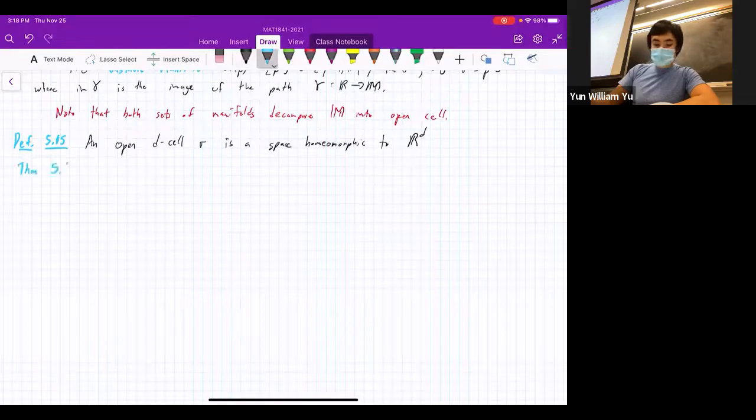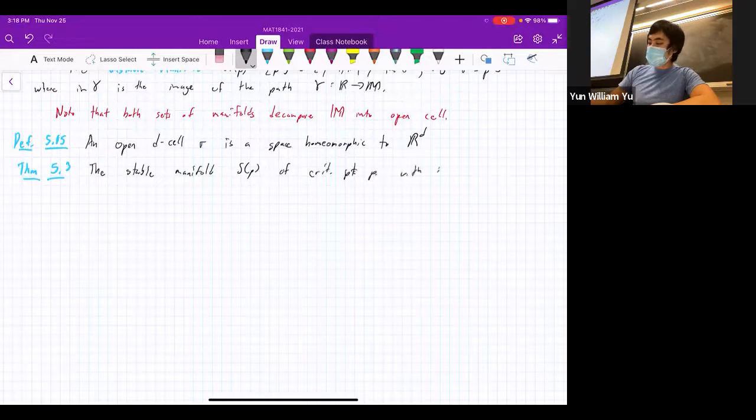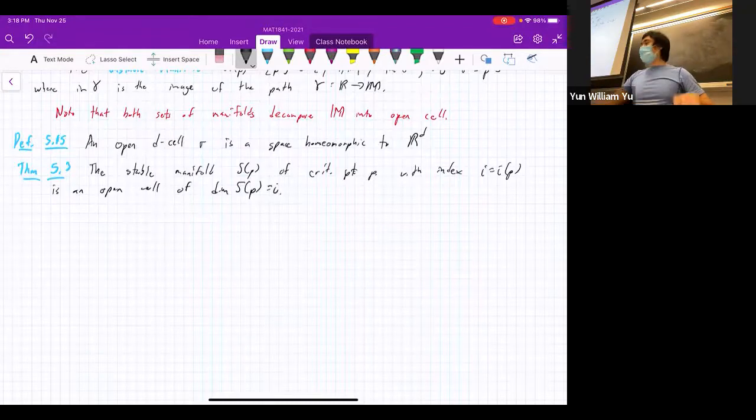Let's see. Theorem 5.3. The stable manifold S of P of a critical point P with index I, I of P, is an open cell of dimension dim S of P equal to I. Okay, which now basically relates the number of negative eigenvalues of the Hessian to the dimension of